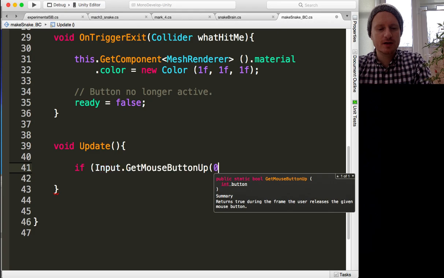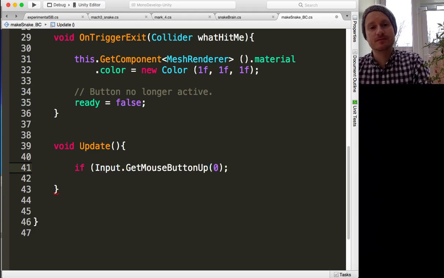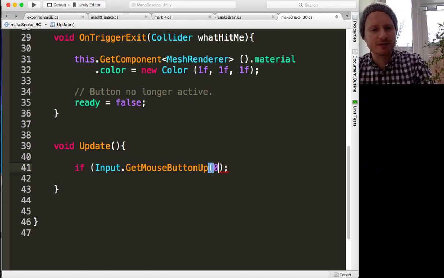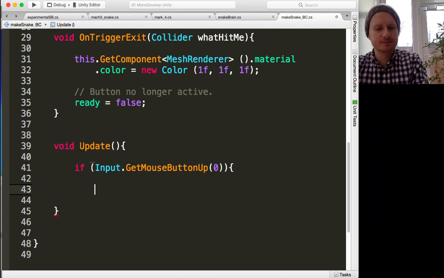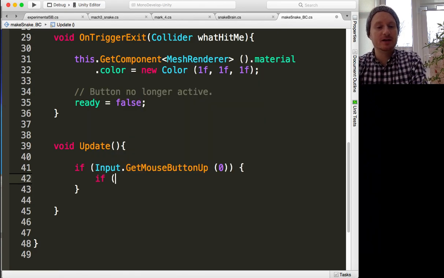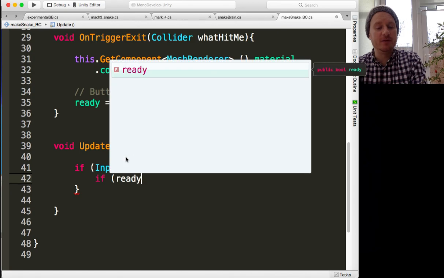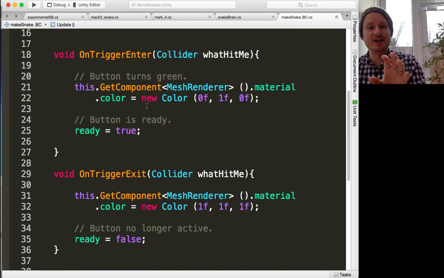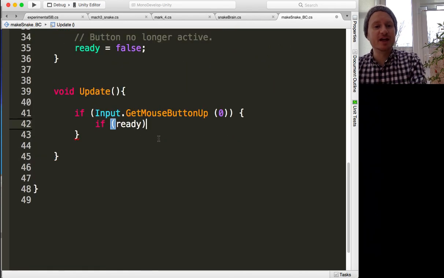you choose which button on the mouse. So you may have 3 or 4 buttons. So 0 means the first mouse button, because as a programmer you'll start counting from 0. Okay, right. So if mouse button equals 0, then go and do this. So we want to first check if the button is ready. Okay, is the player actually standing next to it? Is that button green? So if ready,